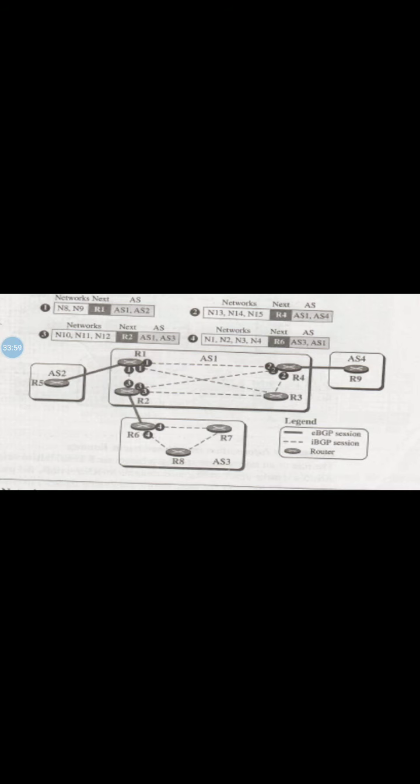For example, router R1 now knows that any packet destined for networks N10, N11 or N2 should go through AS1, AS3 and the next router to deliver the packet to is router R1 and so on. So you can see this. I'll show that forwarding table.